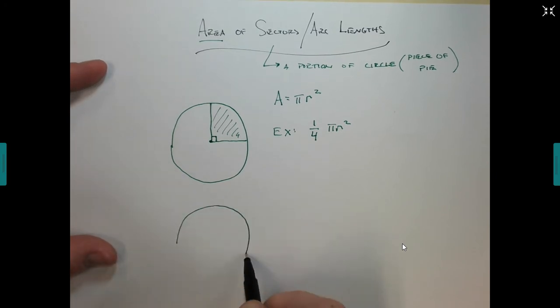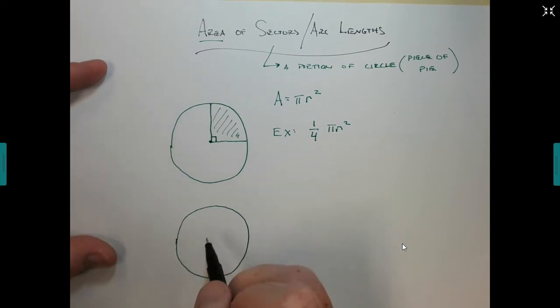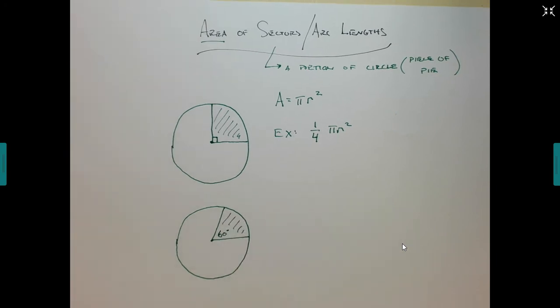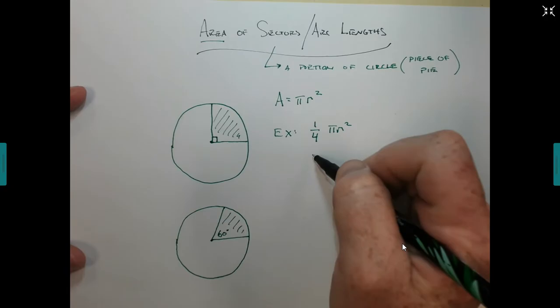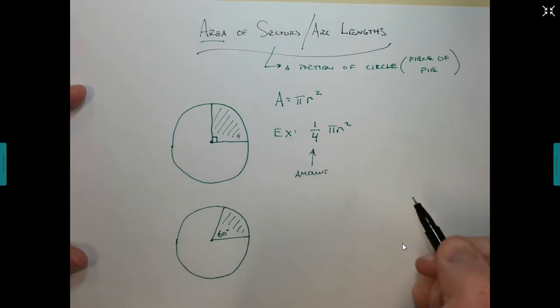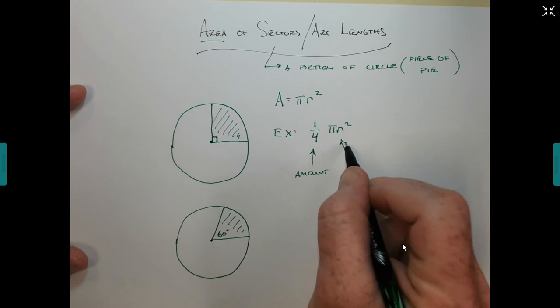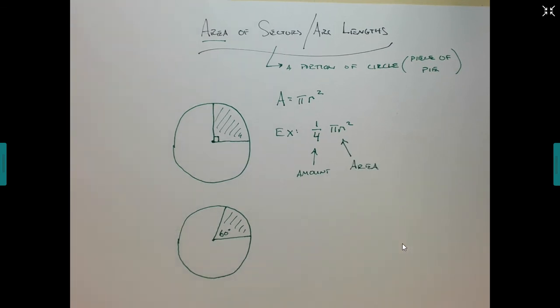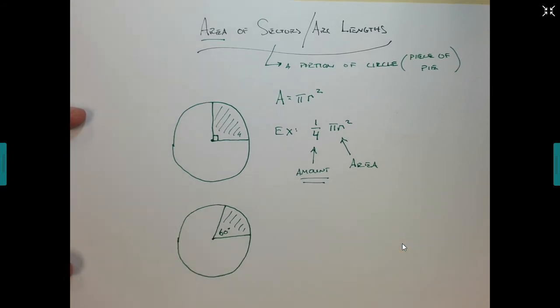We can do that. Where it gets a little bit more difficult, where we get a little bit more confused, is, well, what if it wasn't something simple? What if I wanted, say, that our central angle was 60 degrees? What if I wanted this much of the circle? Well, I want you to really stay composed. So before, this talked about, well, how much of the circle, the amount, all right? And this formula found area, okay? Well, the way we're going to try and discuss the amount of the circle, we want to find out, well,